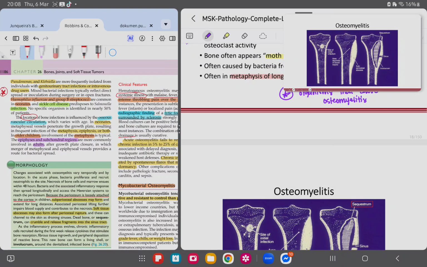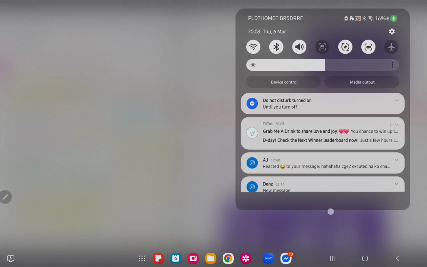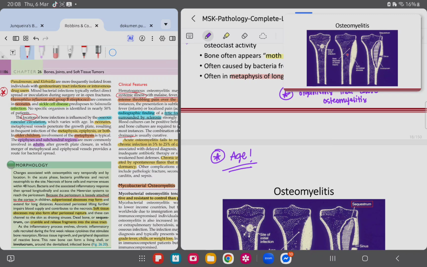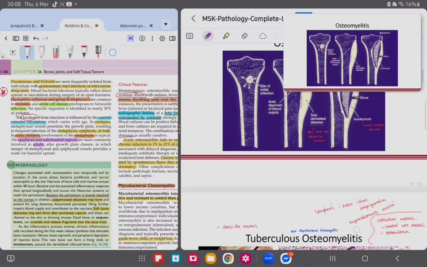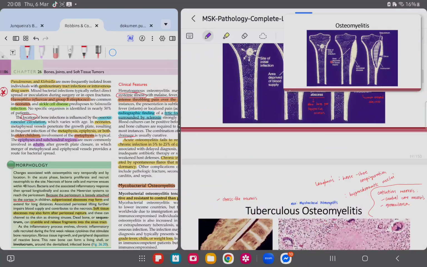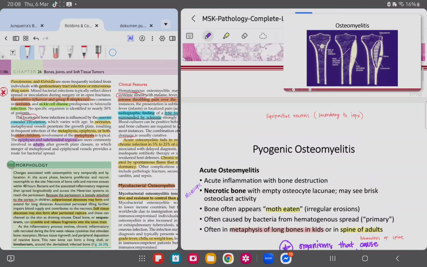Okay? So what happens in osteomyelitis is that you have the site of initial infection. You have an area deprived of blood supply, resulting in the formation of a subperiosteal abscess. And afterwards, you have your dead bone inside, which is called your sequestrum, with an overlying involucrum. In certain cases, you will see sinus formation or a gaping hole from which you can view your sequestrum. So you may want to take a look at some images online of what a sequestrum looks like, or the